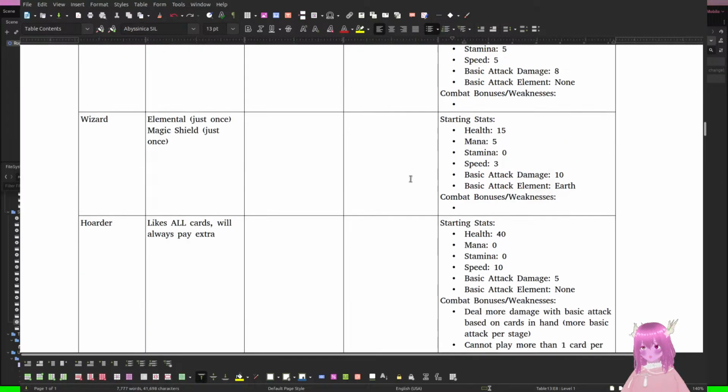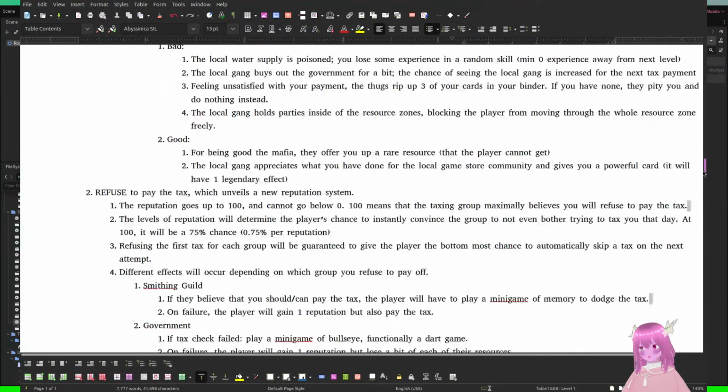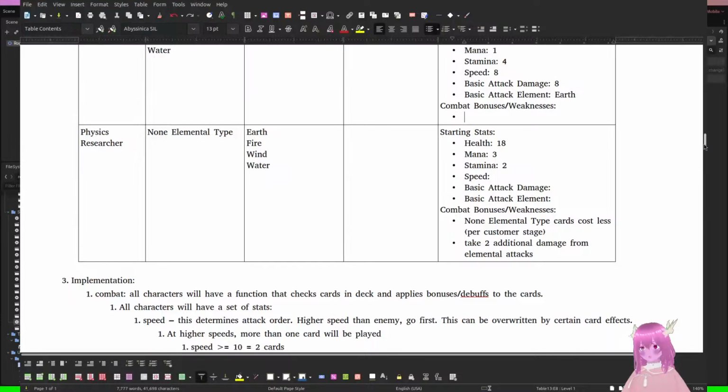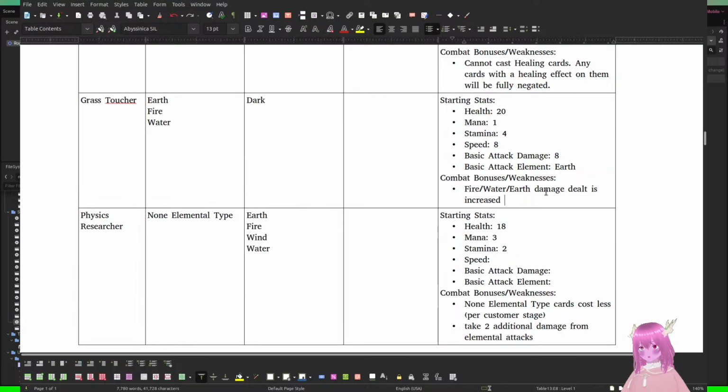So the grass toucher. The grass toucher will erase those types, and earth damage will be less effective. Okay. Alright. Fire, water, and earth damage dealt is increased per stage.